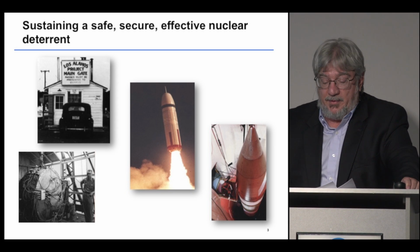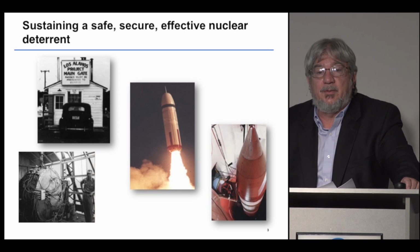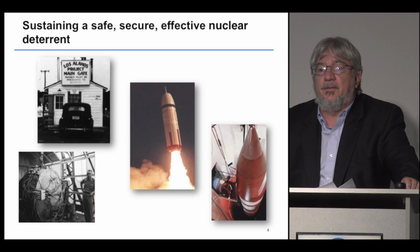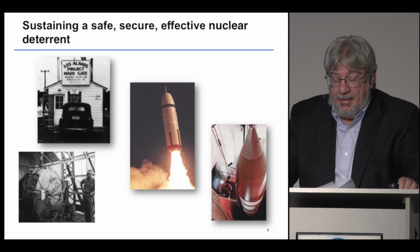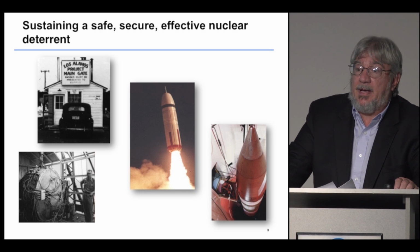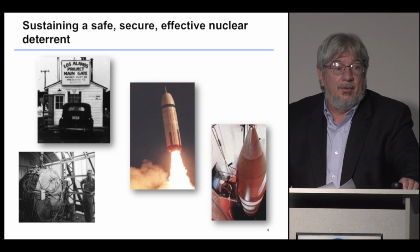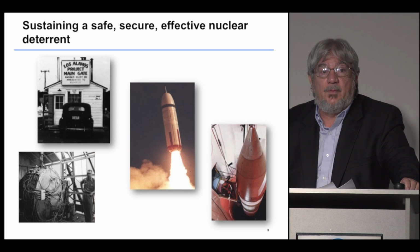We all turned off our cell phones. When I was doing nuclear design in the 80s, we used the very best supercomputers that were available anywhere in the world. And those computers had less computing power than your iPhone. You think about that. And now we have computers that are 10 billion times faster than the ones I used back in the 80s, 10 billion times faster. And they can perform tens of